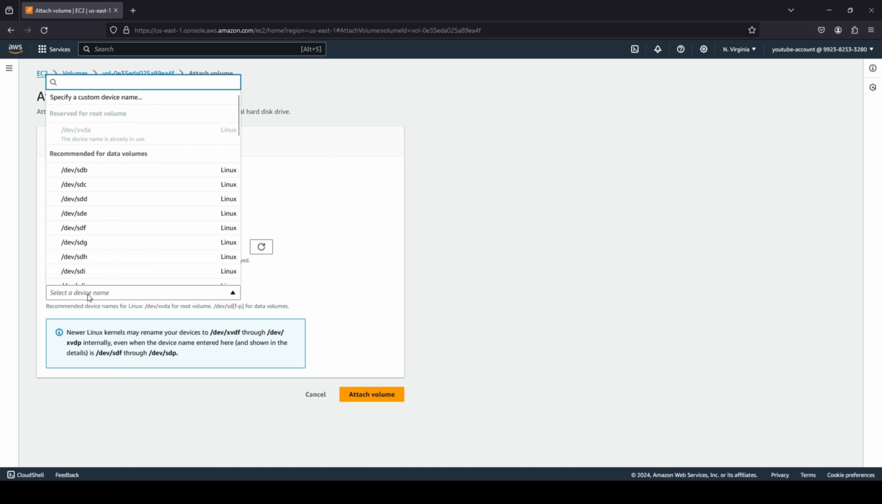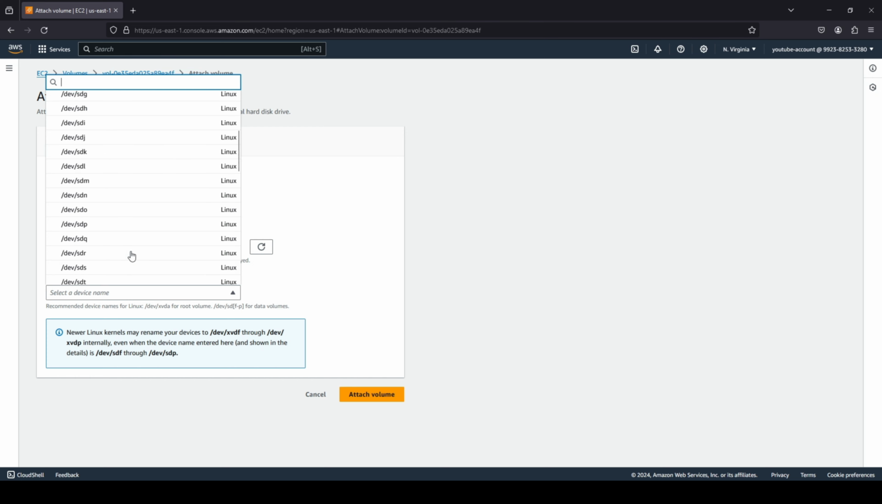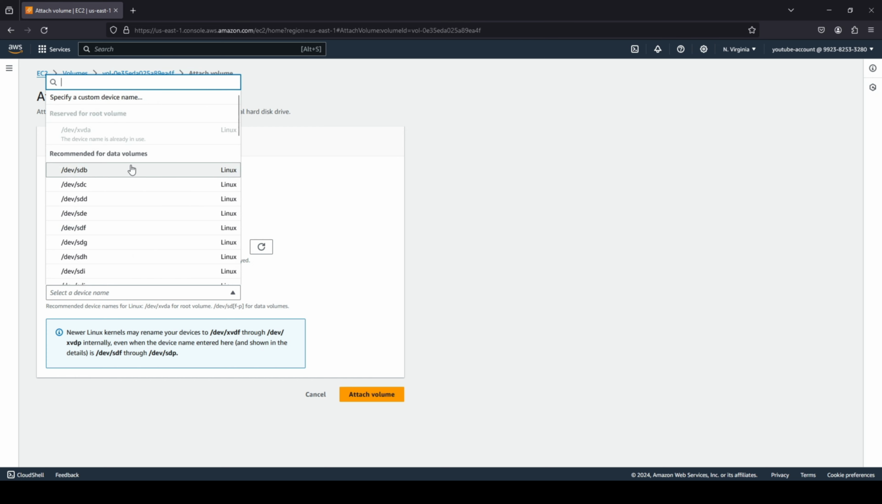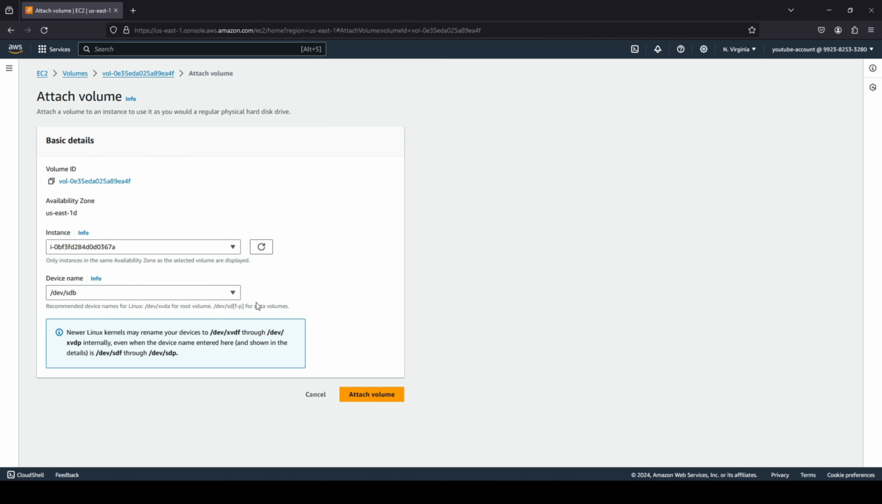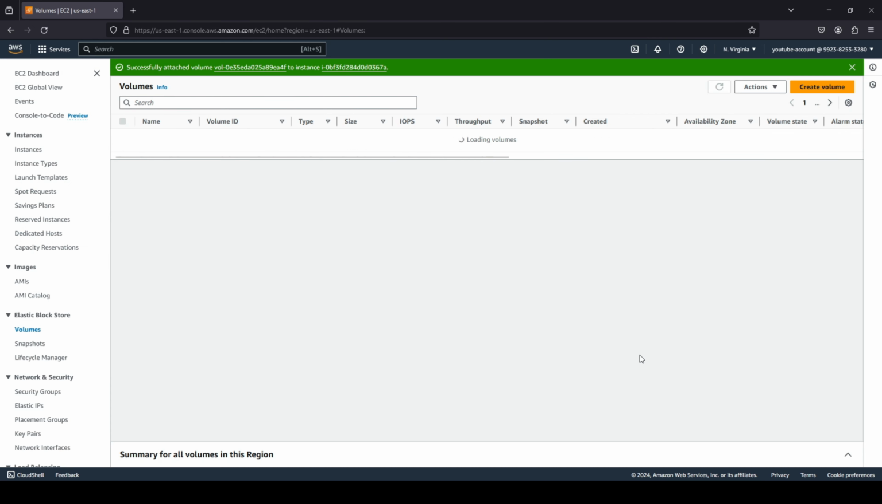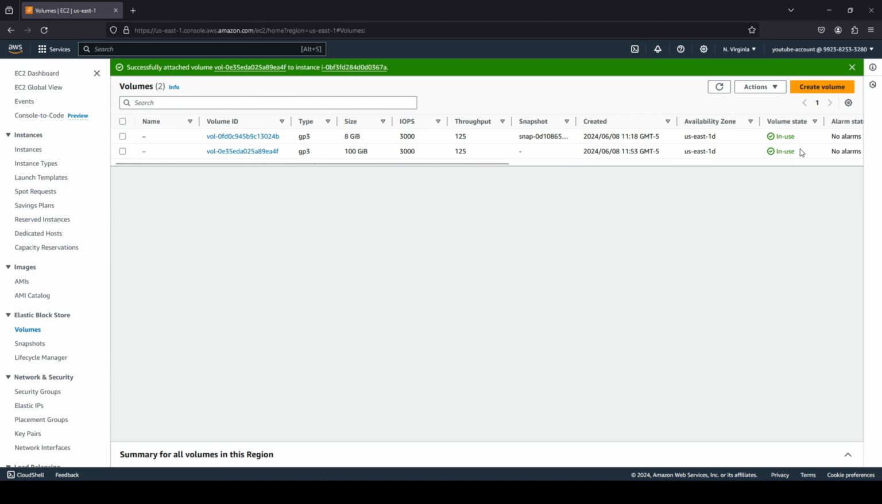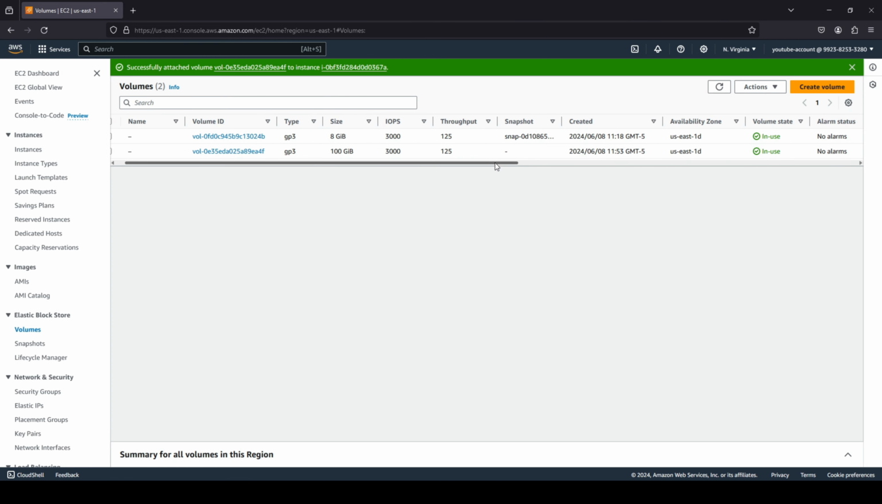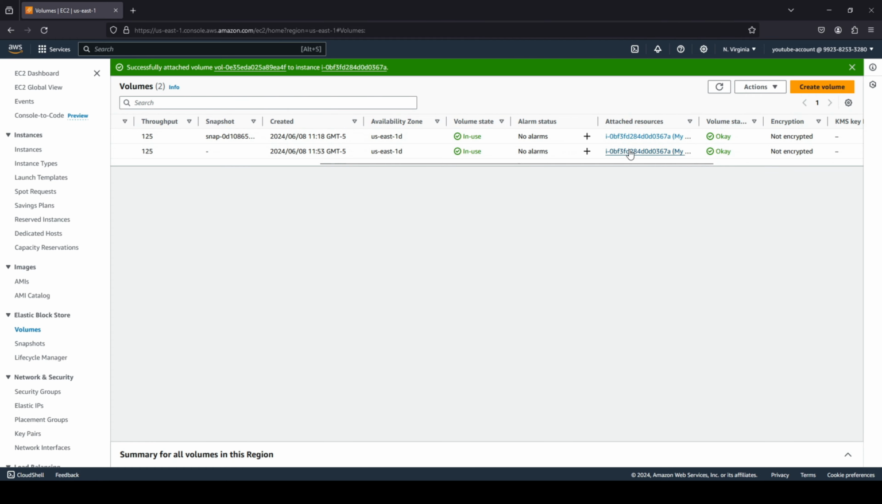Now, you guys have to choose a device name. As you can see, /dev/xvda has been reserved for the root volume. So you guys can go ahead and choose any recommended data volumes for Linux, because of course our EC2 instance is deployed on Linux. I'm just going to stick with the sdb, and we're going to go ahead and click on attach volume. Now, when you click on refresh once again, you'll be able to see that the volume state has changed from available to in use. And if we scroll down a bit, you will be able to see that now it has been attached to our